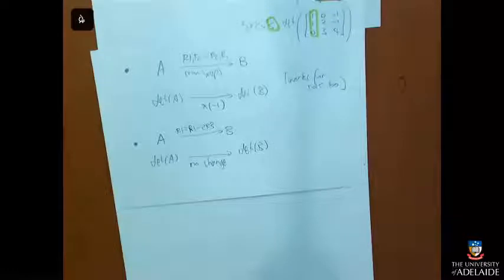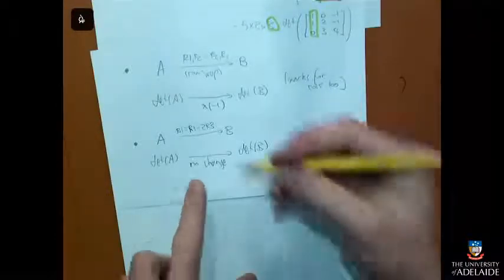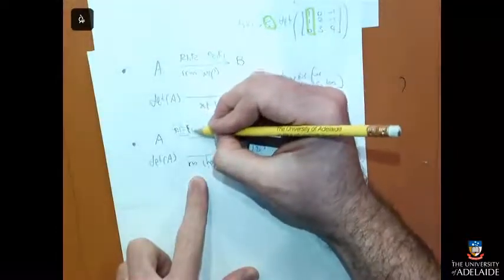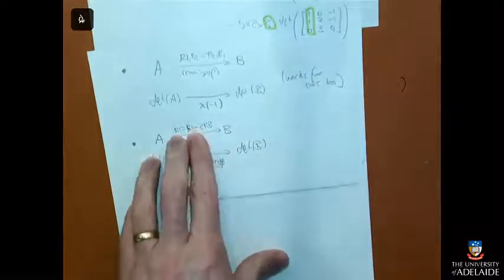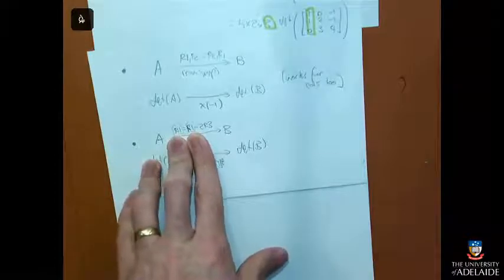So some people, when they do these row operations, like to do row 1 is replaced with 2 of row 2 minus row 1. But if you do that, then that's a combination of multiplying row 1 by minus 1 and doing one of these, so it will change the determinant. So this will only not change the determinant if the row that you're changing doesn't have a number attached to it. You've got to be really careful about that.